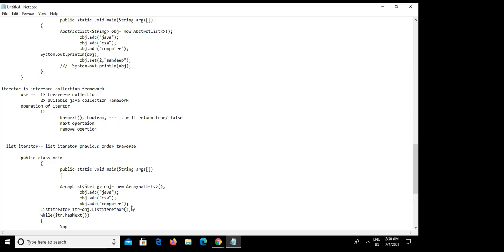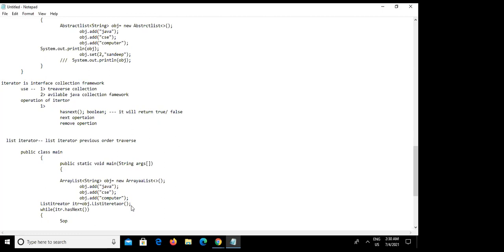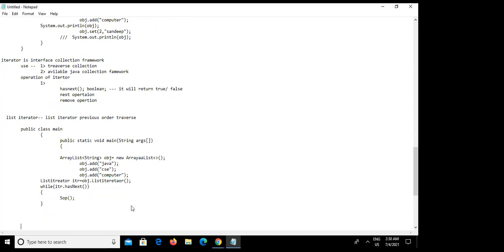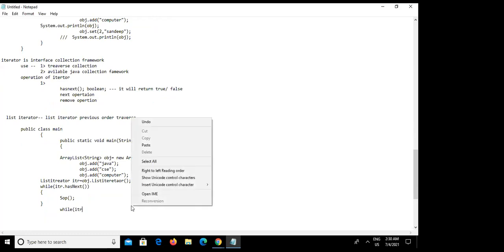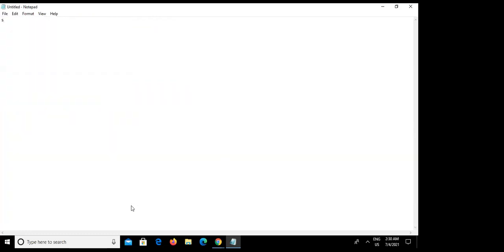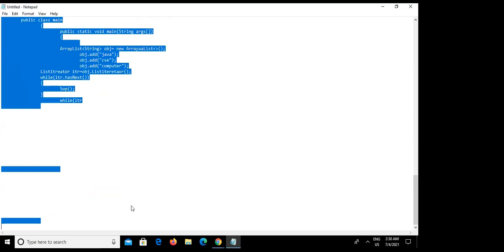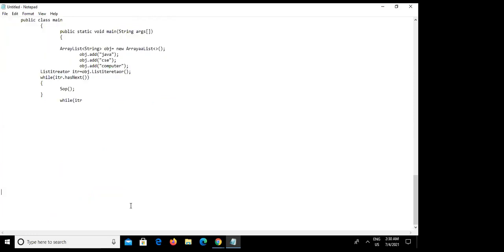In this SOP operation the normal operation will go on, but here I am putting one reverse. While itr dot has previous order.